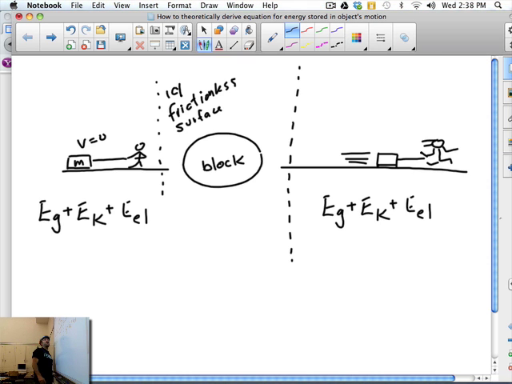And we're going to ignore dissipated energy. So between these moments in time, we don't have any dissipated energy. We don't have any friction. We don't have any air resistance. Are you guys good? And the other assumption I want you to make is that during the period of time,